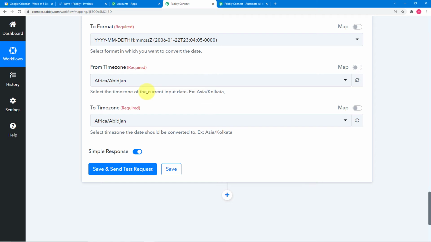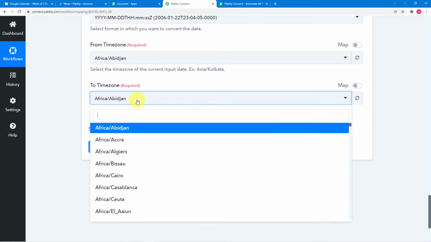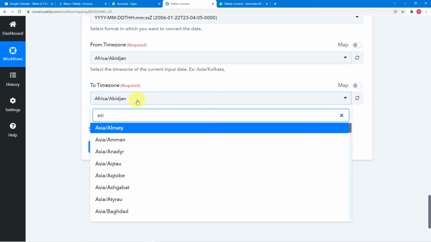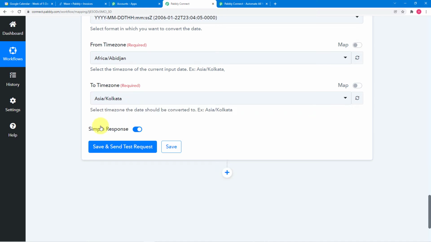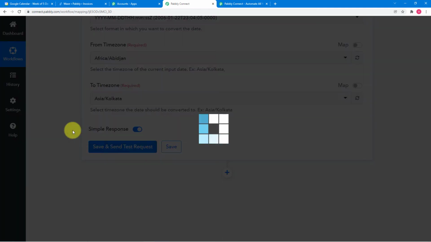Okay, so we got the data in the UTC. Now we want to convert it into IST. So the IST is the Asia Kolkata time zone. So you have to type here Asia Kolkata and you will find the Indian time zone, this one. Okay, and click here on save and send test request.